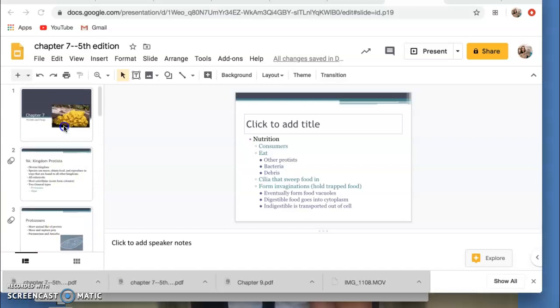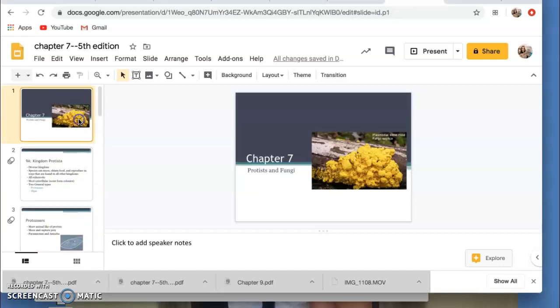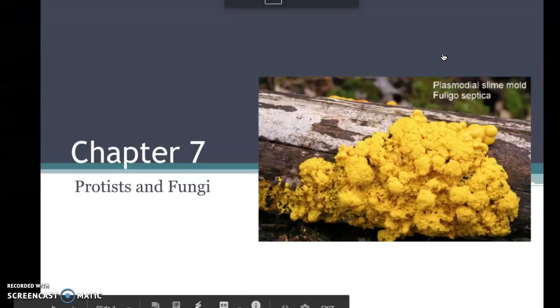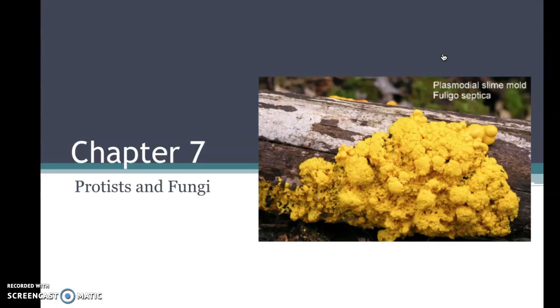All right, hey guys, if you go to chapter 7 and you open your notes, we are going to go through just a little bit of it today. I'm going to try to go through a little bit of it when I can to hopefully help you with your assignments and different things along the way. So chapter 7 is all about our protists and our fungi, which is a great chapter just coming off of our bacteria and viruses.